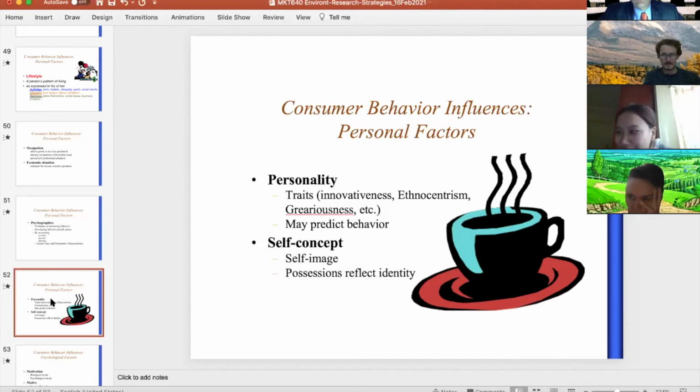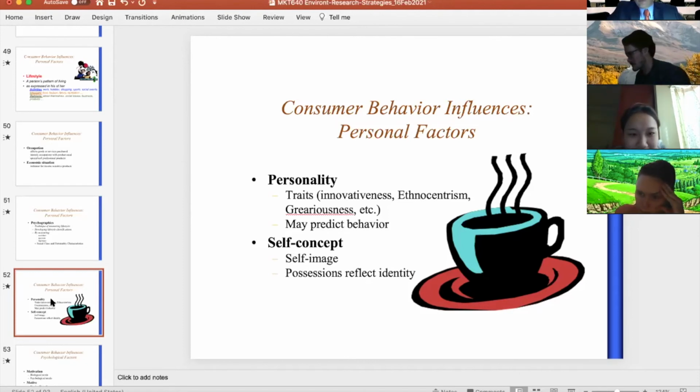So what are the best elements of people's personality that you can measure quantitatively and that you can derive some explanation from? They're called traits, specific personality traits. Some people like what is new more than what is old, and vice versa. So you can measure people's innovativeness, and based on their index of innovativeness, you can figure out what they're going to buy.